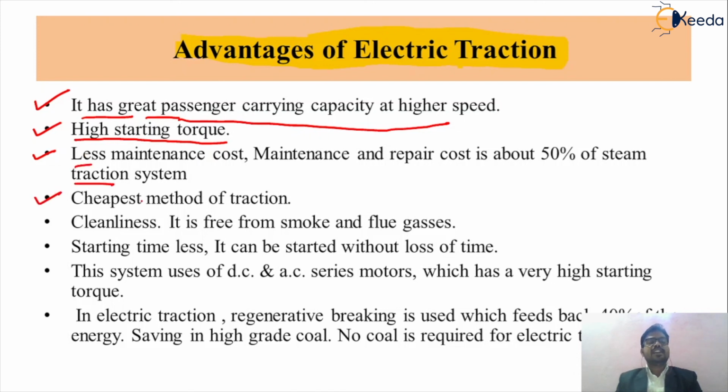Then the next advantage is that it is the cheapest method of traction, because other types of traction require different types of fuels. That's why the electric traction system is very cheap compared with other types of traction systems. Then the next advantage is cleanness. What do we mean by cleanness? While operating electrical motors, we only require an electrical supply, and there is no byproduct of the electrical motor. But when we use other types of traction systems, such as steam traction or diesel engines,